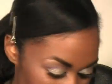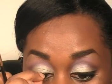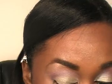Okay, so now we have our lash on. Next thing I'm going to do is put a little bit of, got all twisted up there for a minute. I'm going to put a little bit of Black Track Fluid Line just to cover up the lash line. I'm just using an angle brow brush to do that. Okay, so we have our liner on,